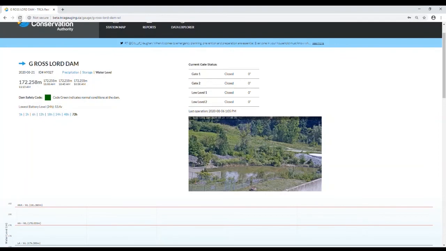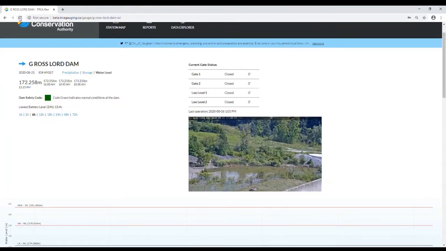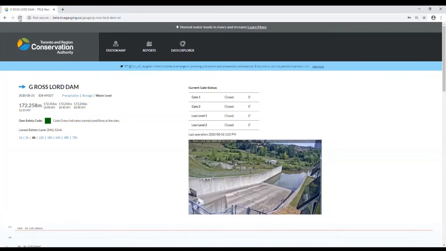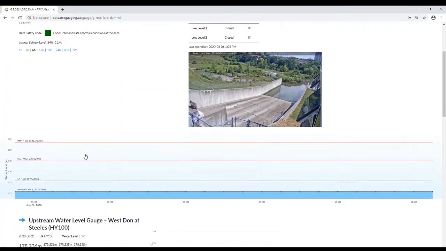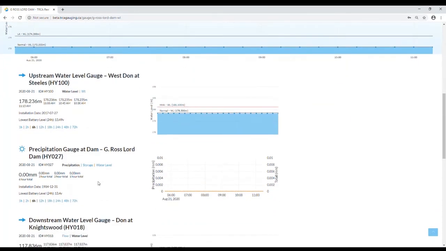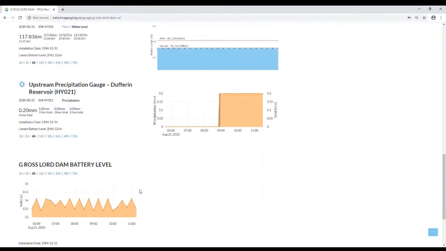You can see this if you refresh the page. Nearby upstream and downstream gauges are also displayed on this type of gauge page, as well as the battery level.